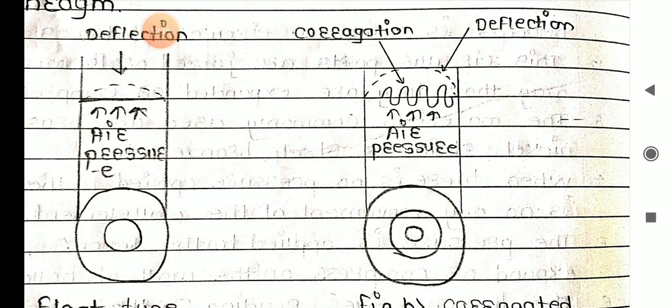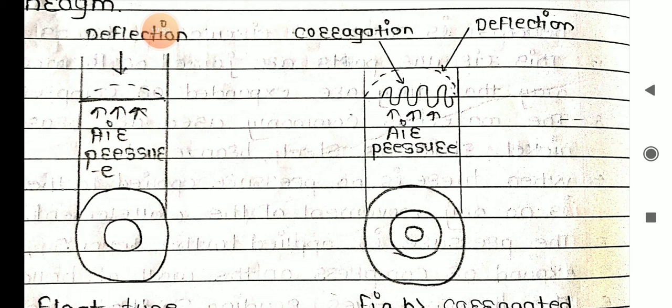Next we'll move on to the construction and working. First one, the movement of the diaphragm depends on thickness and diameter. So first of all, it depends on your thickness and diameter. That's why you have taken the round shape, that is the diameter, and when you are having air pressure, that is the thickness. It depends on two parameters: one is the thickness and the other is the diameter. Second point, the movement in the diaphragm is small. Whatever deflection you are getting in the diaphragm is small.